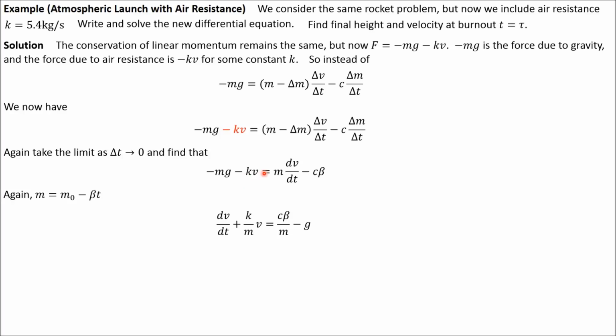So I just moved around a bunch of terms here to get this equation that you see here. And then we replace m with this expression, and we're left with this equation, which looks pretty complicated, but keep